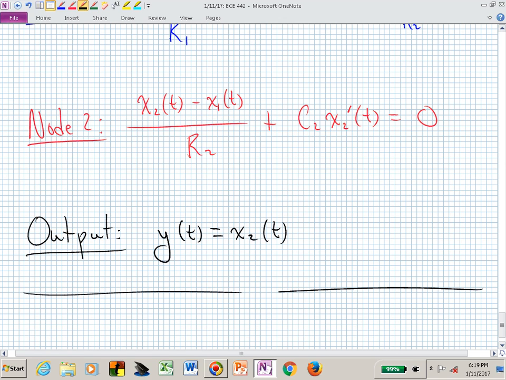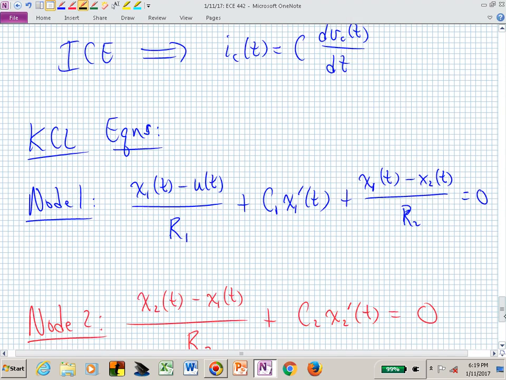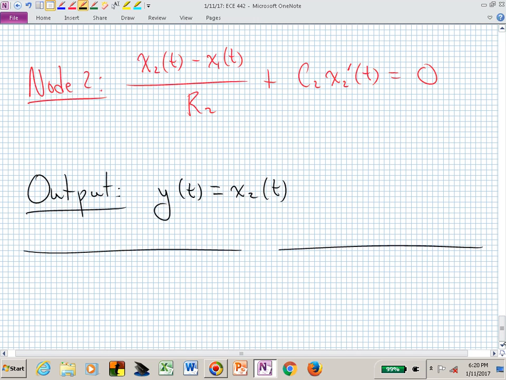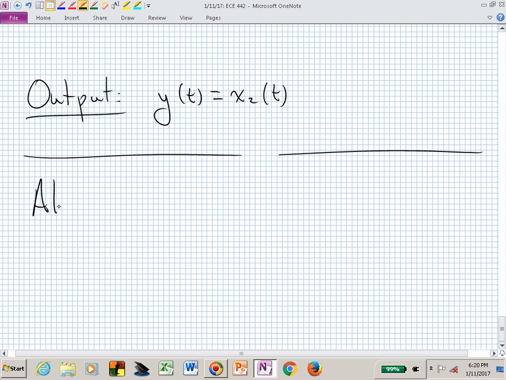If we want to now write that in state space form, we simply need to find an x1 prime equation. We have it. We need an x sub 2 prime equation. We have it. We just need to isolate x1 prime and x2 prime on the left-hand side and solve for equations including just x1, x2, and u, and none of their derivatives on the right-hand side. Let's now find, via some algebra,